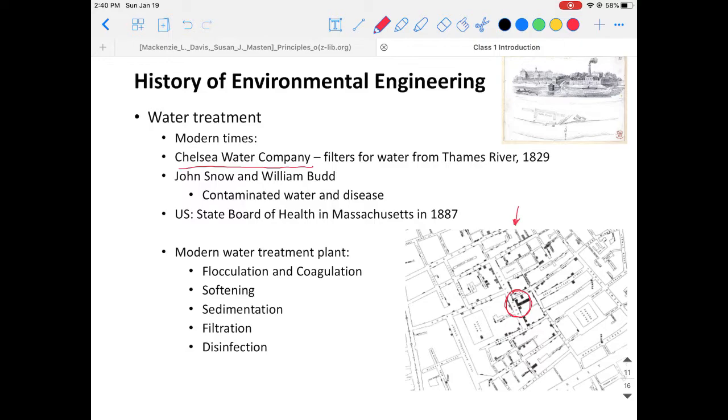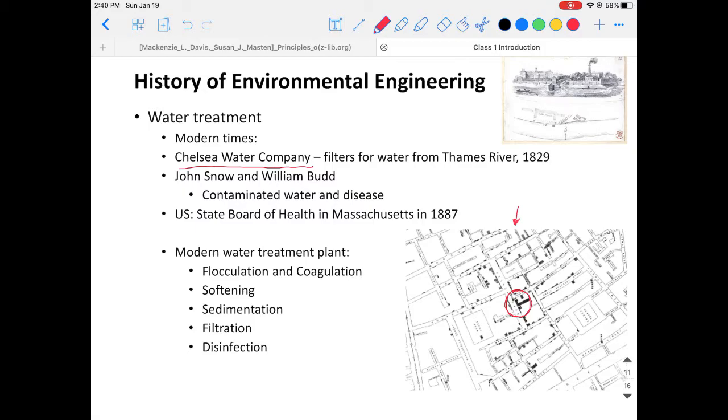Okay, so they basically raised the awareness of water quality in water management or water treatment, so that we can start to focus on raising the quality of drinkable water. Okay. And in the United States, the first effort was actually made by the State Board of Health in Massachusetts,